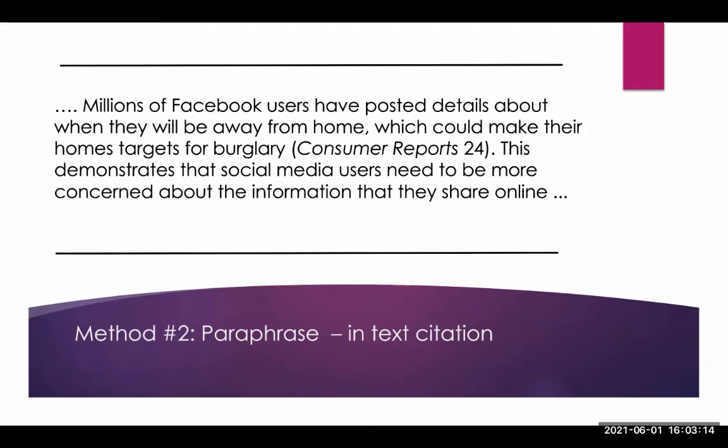So one of the things that gets students tripped up a lot is that with in-text citations, it's kind of a stylistic choice. There's a lot of different ways to do it. It's not always 100% the same way. So it's up to you as the author to decide what works best for you. And so making sure that you either use a signal phrase, and if you don't use a signal phrase, you put the author's name in the parentheses. If it's a printed source, you always want to put the page number. But sometimes if it's an online source, it doesn't have a page number. If you don't know the page number, you don't have to use it.